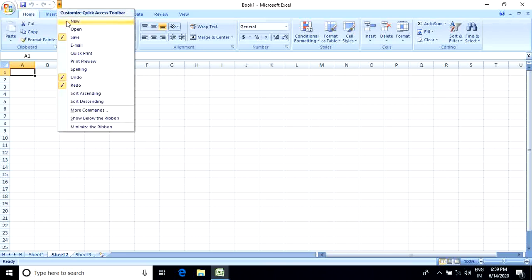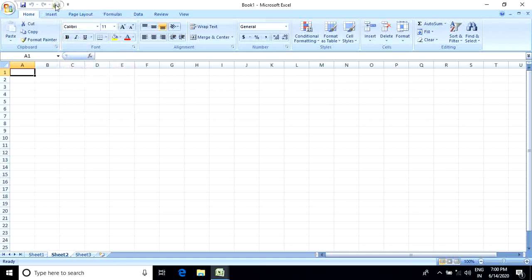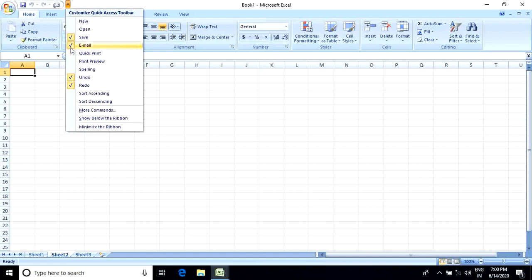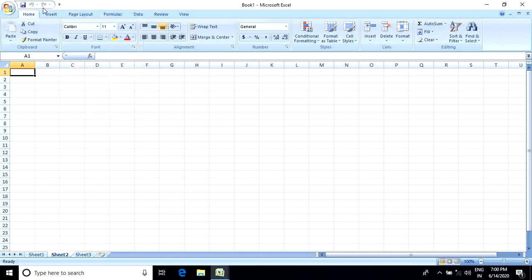You can set the quick access toolbar menu from here. Already it has save, undo and redo. You can add email here. Look, email added. You can remove it by just unticking this, and it is removed from the quick access toolbar.